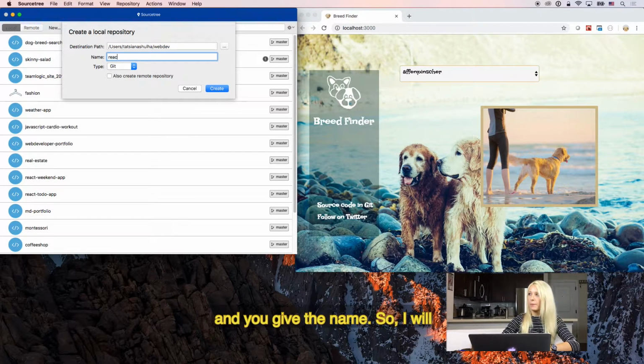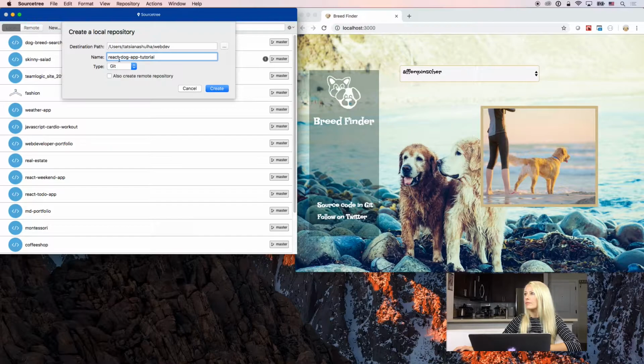So I will keep the same name. It's in React app.